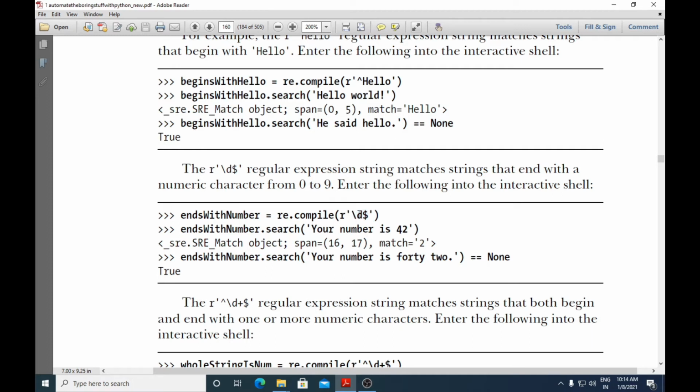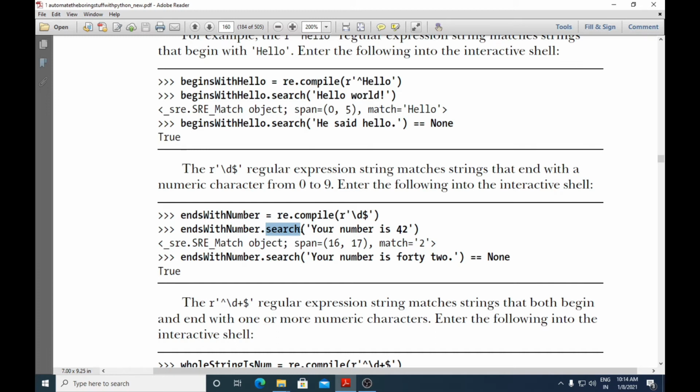If it had to begin with a number, then you would use the caret. But now it has to end with the number, so you have to use the dollar symbol. Of this regular expression, an object is created and it is assigned to the variable ends_with_number.